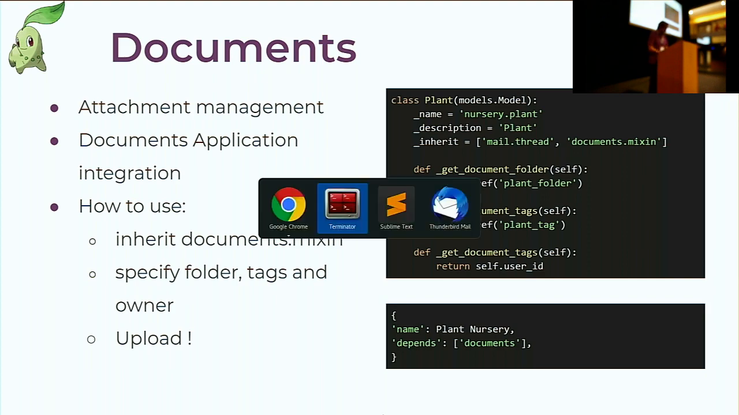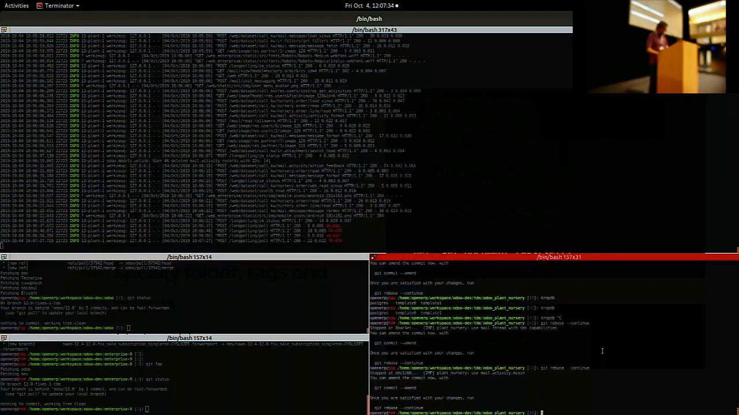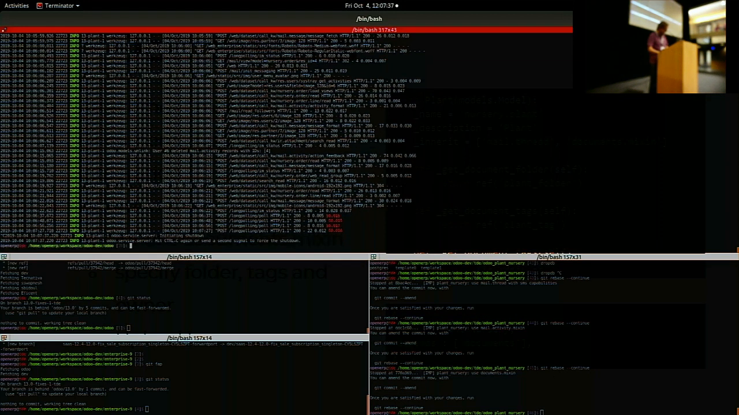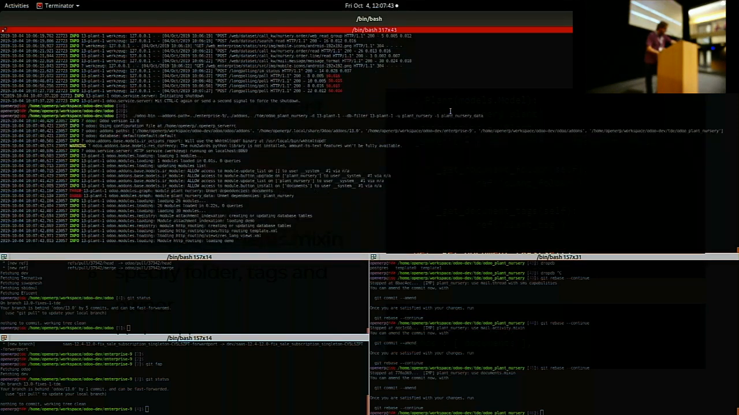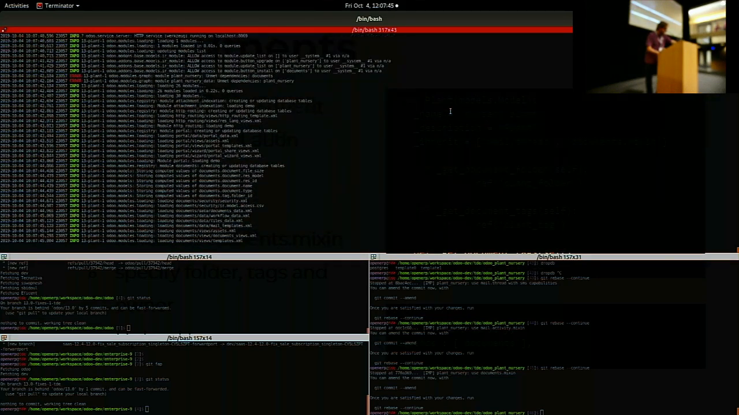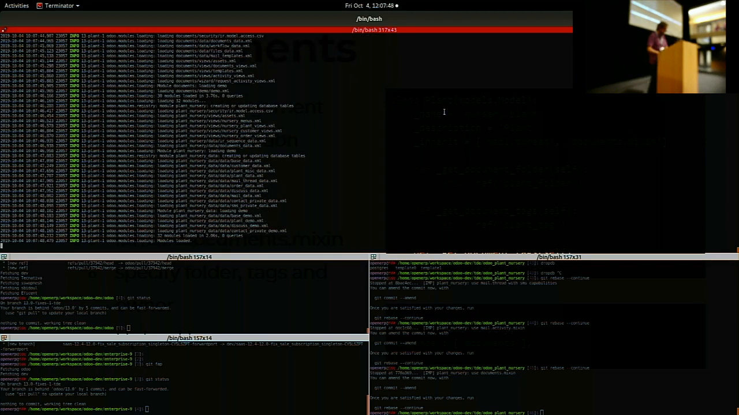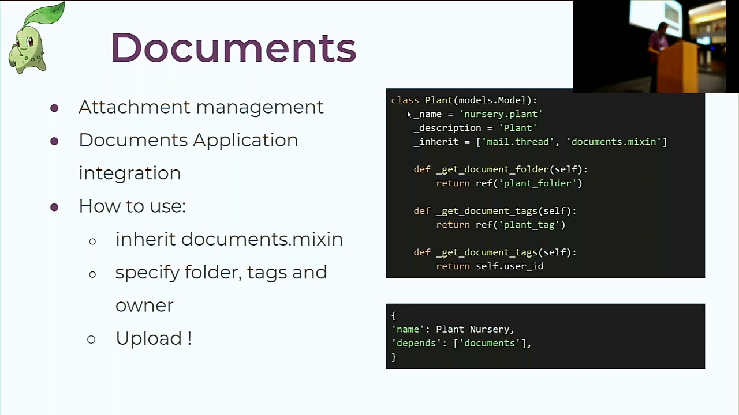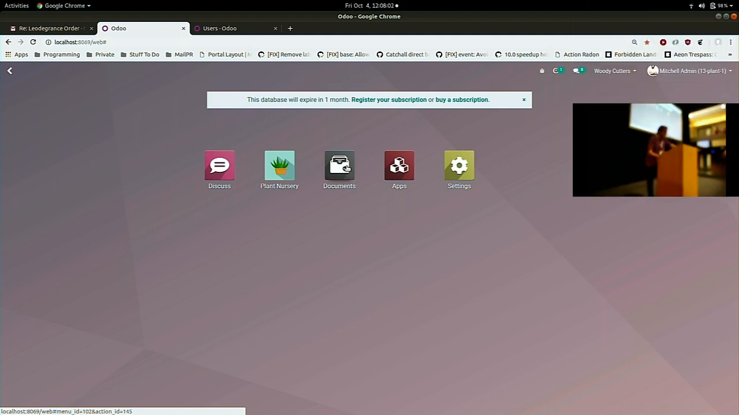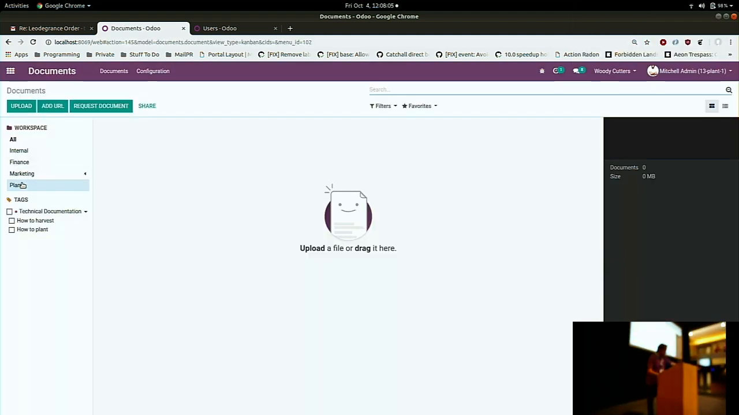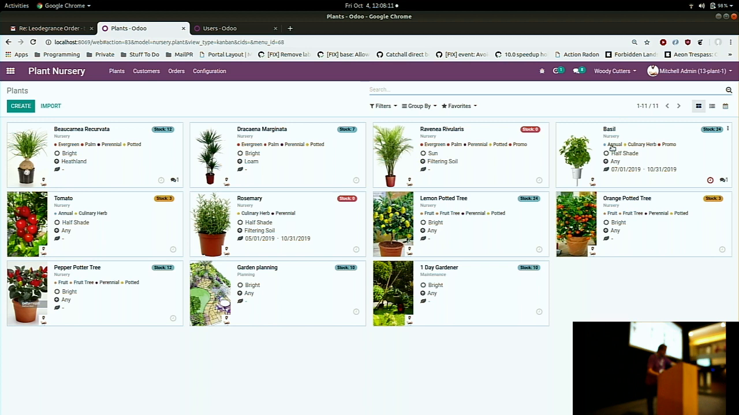For example, next commit. I reload. It installs the document application. Back. Reload. So that I have the new views. Okay. So you see I have now access to the document application. I have a workspace for my plants. Currently I have no documents. And on the plant, for example here,